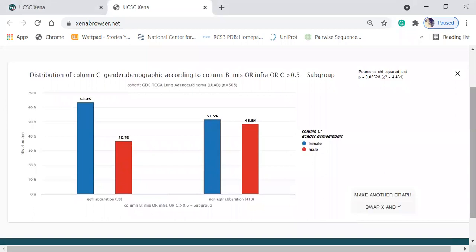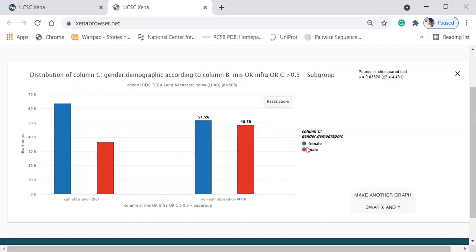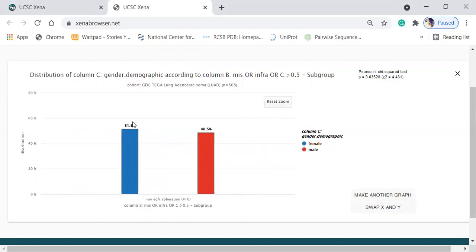So what we can interpret from this data is females have higher aberrations. You can see the blue is for female and females are showing higher aberrations that we have already discussed from the introduction of the video. I told you that all these are happening and I'll be showing all of the data in the demo. That's what I was talking about. Females have 51.5% of aberrations and male have only 48.5% aberrations.